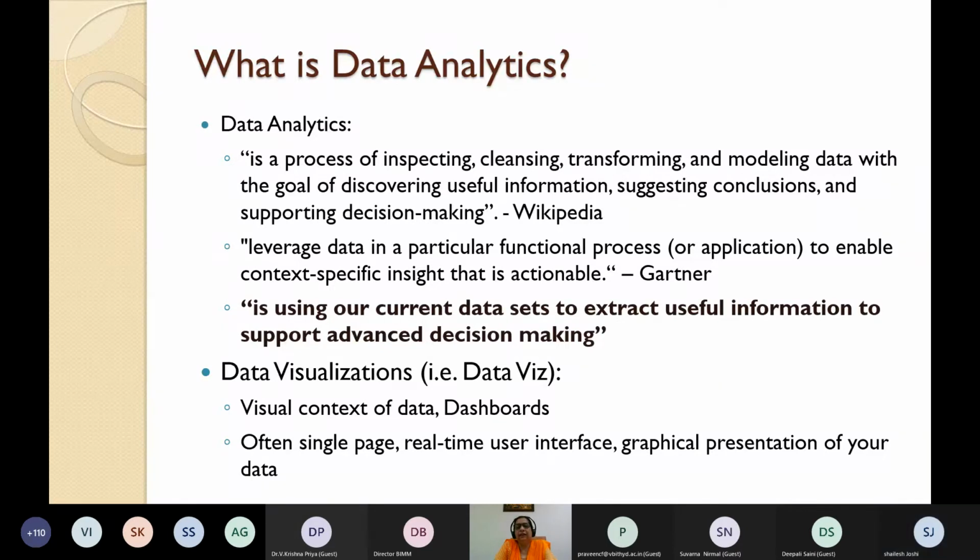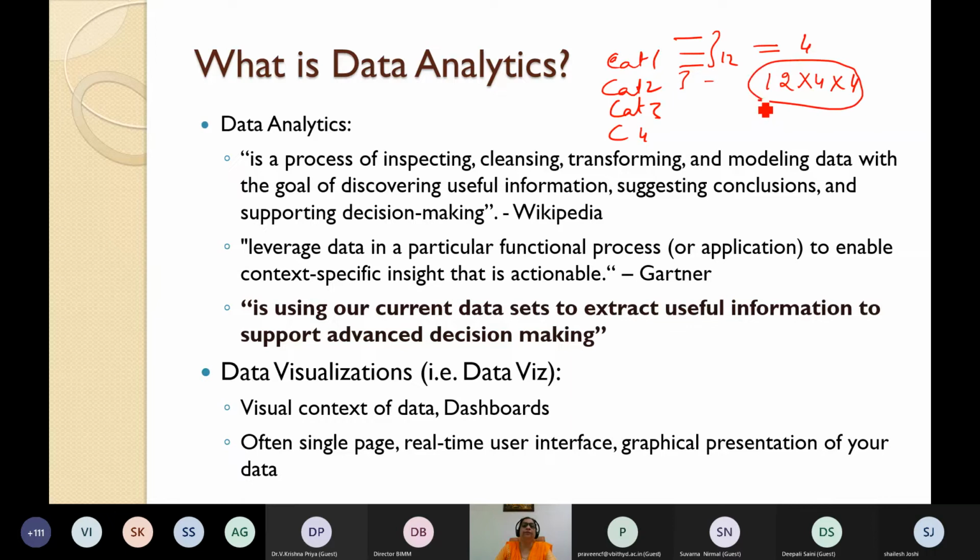So the first thing that has to be done is you need to first prepare the data for the manager. So let's say you have data about 4 categories, and for each category you have 12 months of data, for let's say 4 years. So the total data set that you will be having is 4 into 12 into 4. That's a huge data set.